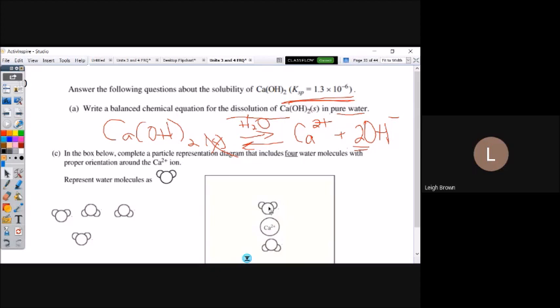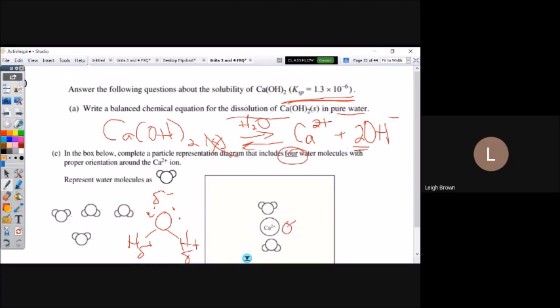is partially negative. If you're ever talking about the polarity of a water molecule, and here's its Lewis structure, instead of the space filling model that's given, the oxygen end is partially negative and the hydrogen ends are partially positive. So I was asked here to draw 4. I've placed 2 so that the partially negative end of oxygen touches the ion, or is just close to the ion.